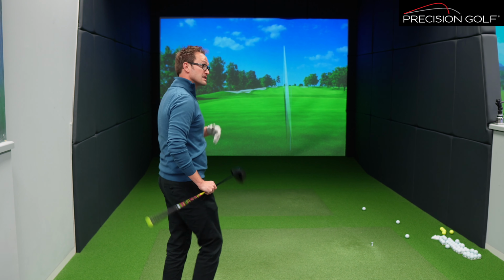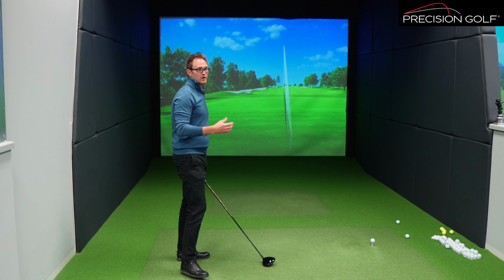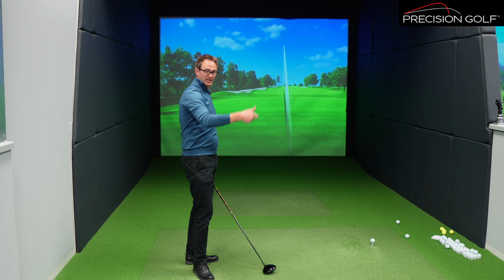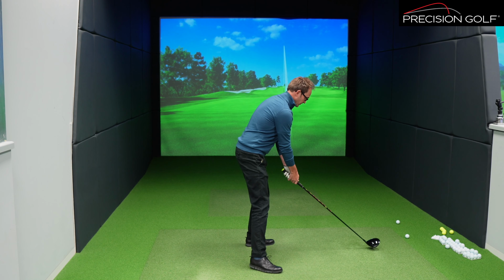I'm going to show now a little bit of low and high on the face and what that also does. So you can see from that last shot, a heel strike should spin a little bit more, but because I've caught that high on the face, it's taken very high launch and taken a load of spin off. So you got quite a lot of distance back for the ball speed lost. If I go the other way and catch it low on the face,